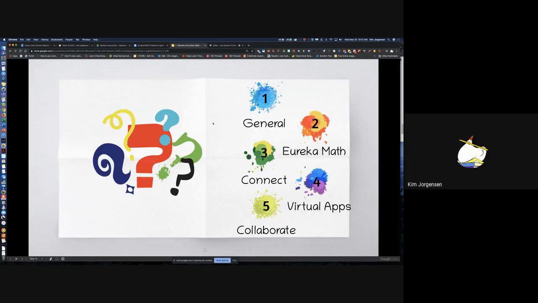You ready for the next? We have a couple more questions. Yes. You ready, Kim? Yes, I am ready. This question is, well, actually, these are kind of suggestions or ideas, maybe tips. So one person, Mr. Martinez, says that he actually requested the Spanish materials from Eureka, and he was given access to them individually, I guess. Oh, so he just asked. Mr. Martinez, could you please email me how you did that so I can get the information out to everybody? That would be wonderful because I'm not getting an answer.